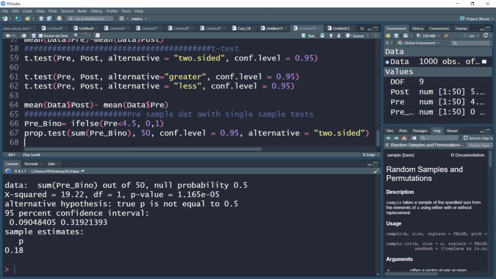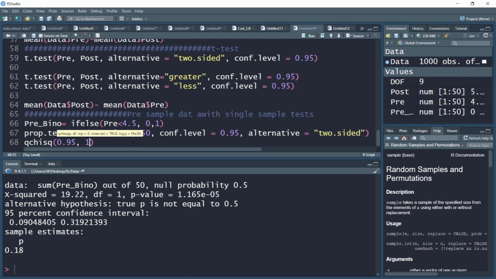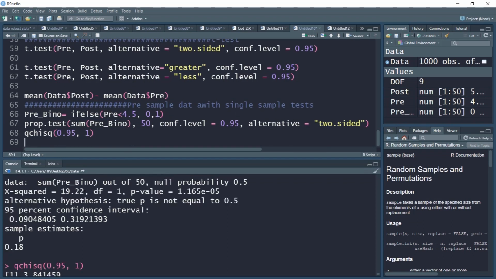First, we can perform critical value analysis using the critical chi-square value. It's quite easy. We can provide the confidence level, that is 95%, and degrees of freedom 1. Since we are looking at the upper side of the tail, we are providing the confidence level. If we were looking at the lower side of the tail, we would have provided the significance level, that is 0.05. So if I run this, I find a critical value of 3.84, which is much lower than